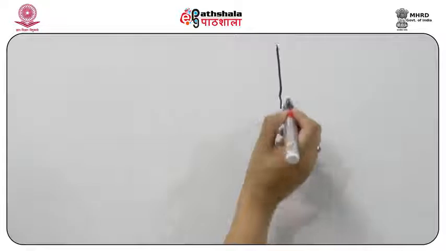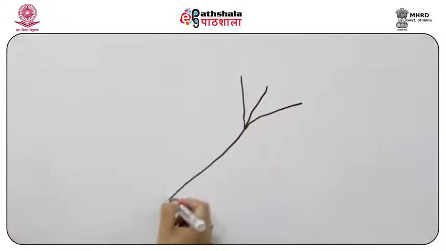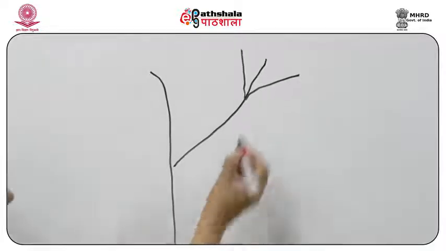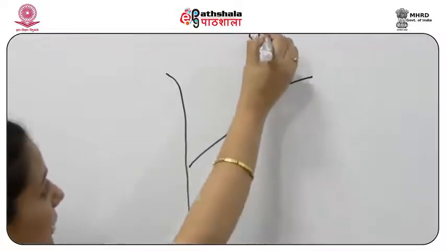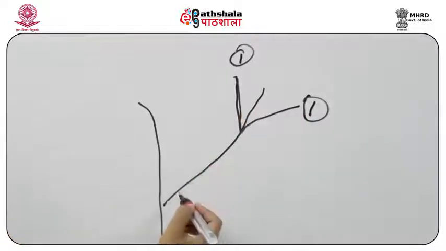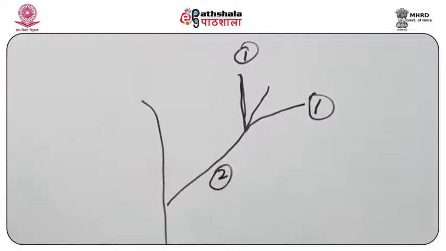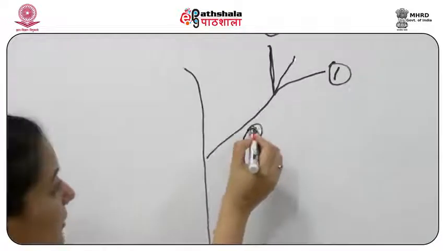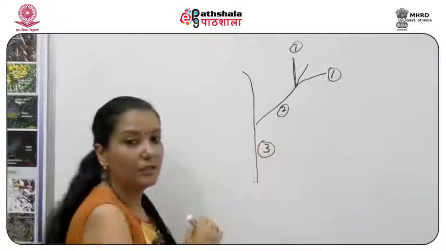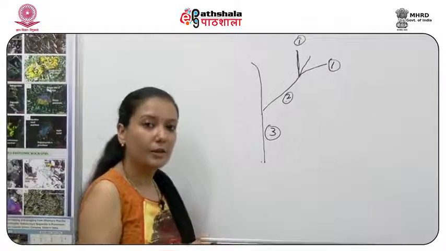So for calculating stream order, maybe these are 2 contributing streams, and the water is flowing from here, then contributing into the main stream channel. So the number for this would be 1 order, this would also be 1. Now 2 are contributing to this one, so this has number 2. Finally, this is your main stream. Because the number 2 was contributing to this, finally the number for this would be 3. So this is known as your stream ordering or the Strahler stream order technique.